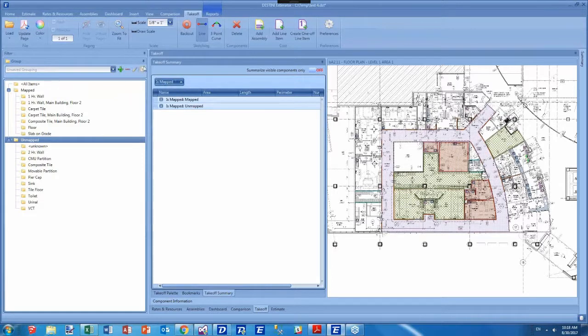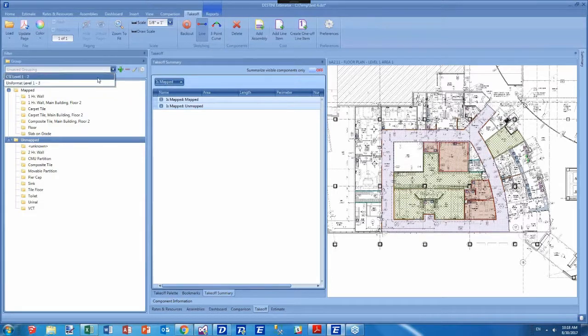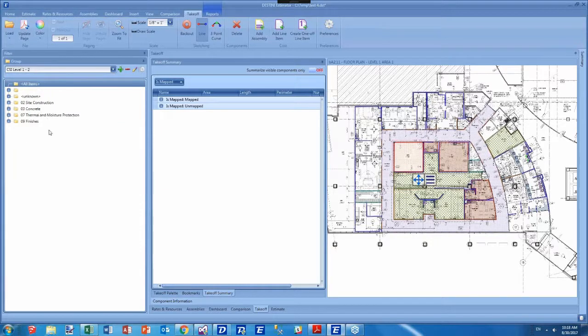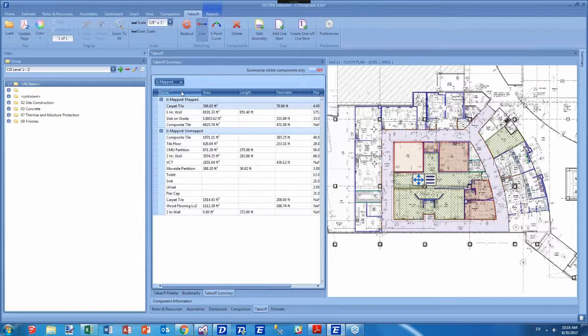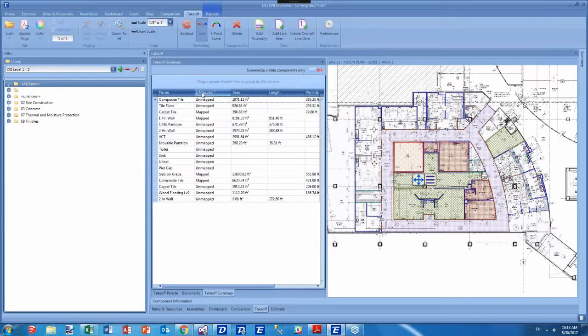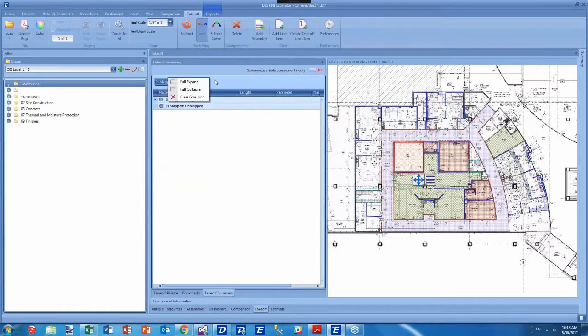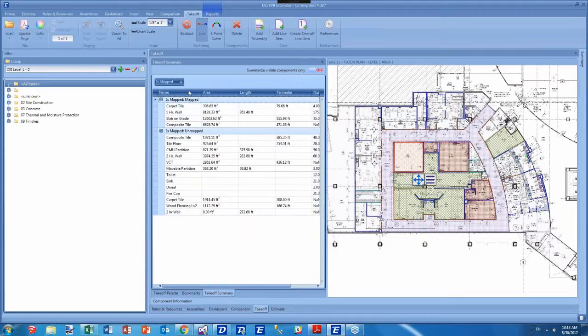Also, one of the things I can do, and I'm just going to take this back to, in this case, let's group our estimate by CSI now. What I wanted to show is I've got a handful of fields pulled out in my takeoff summary, and right now I'm grouping by is mapped, but it could be down here as well. It doesn't really matter where it's located, but just to make it a little easier to see,